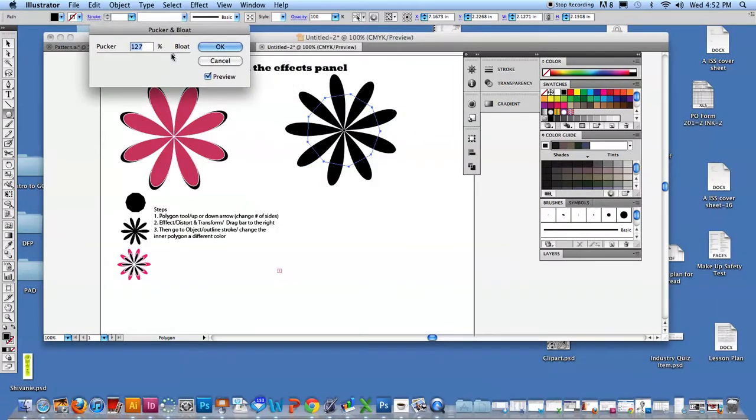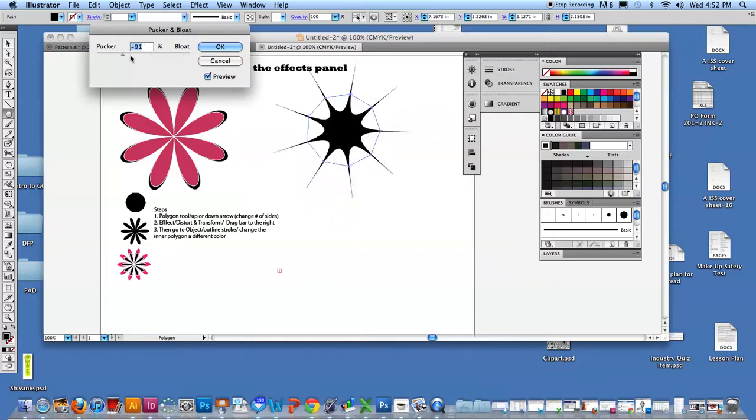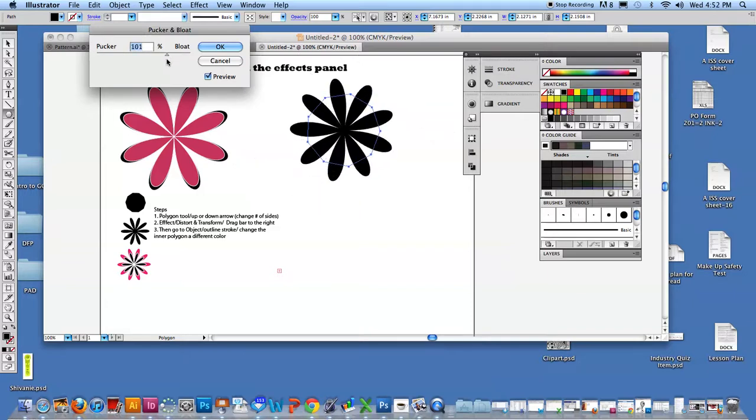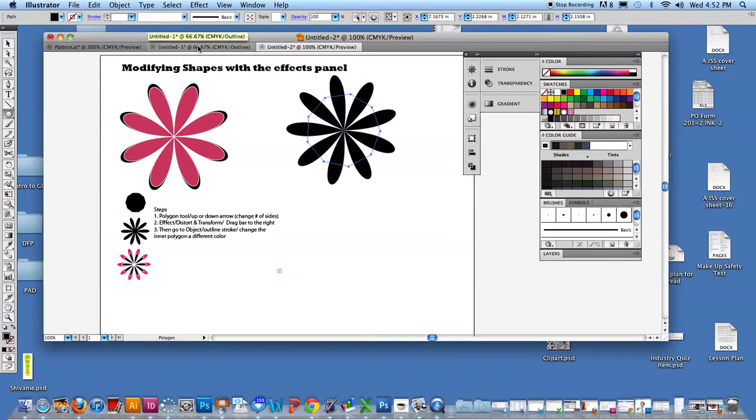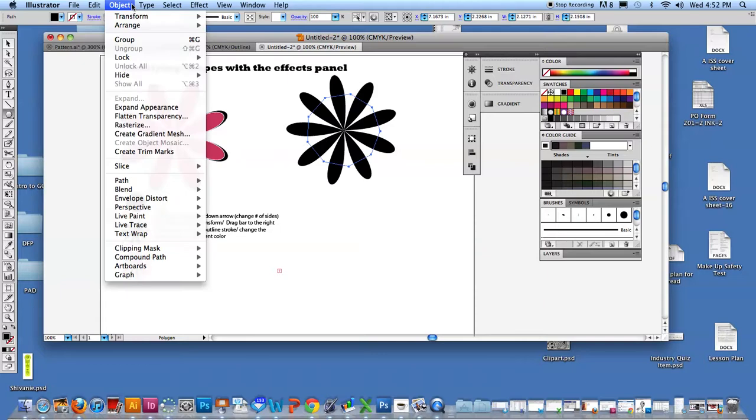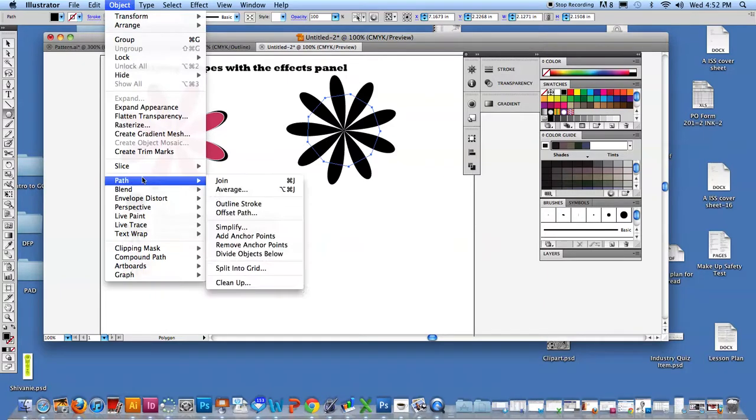Now, yours is probably set at 0, so if you drag it to the right, just about right there, you can get this. If you want to drag a little bit more and get kind of a cooler effect, you can do that too. I'm just going to, for the case in point, do that right about there. Say OK. And then I go to Object, Path,